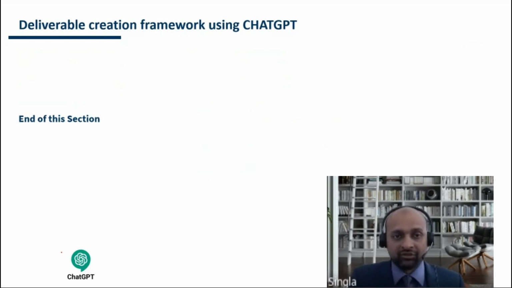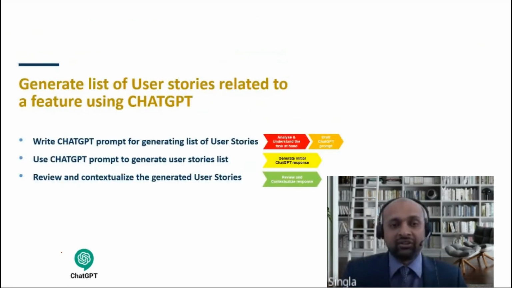Let's move on to the next section. In this section, what we will do is basically a hands-on session. So if you are attending my course, then you will be working with me to do this exercise